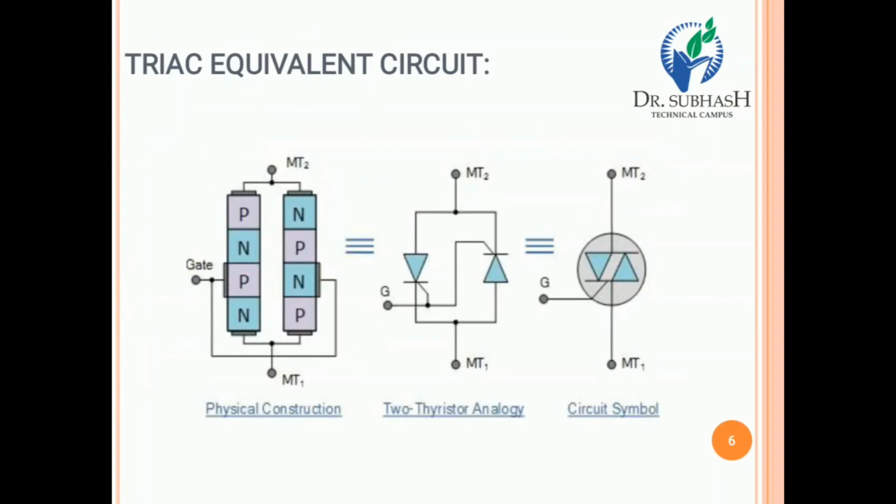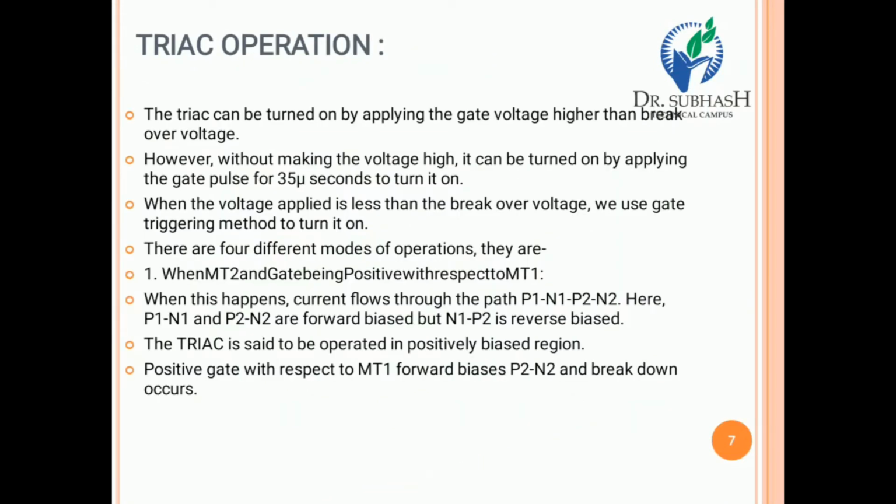So we have to decide the condition of each junction, and according to that we decide whether it is forward biased or reverse biased. Forward bias means the positive voltage is applied to the P layer of a PN junction diode and the negative terminal of the battery is connected to the N layer. In reverse bias, the P layer is connected to the negative terminal of the battery and the N region is connected to the positive terminal, so it is known as reverse bias.